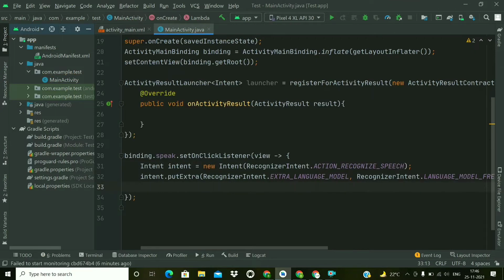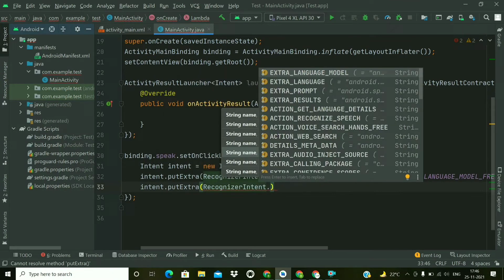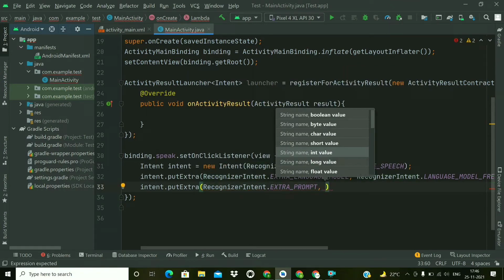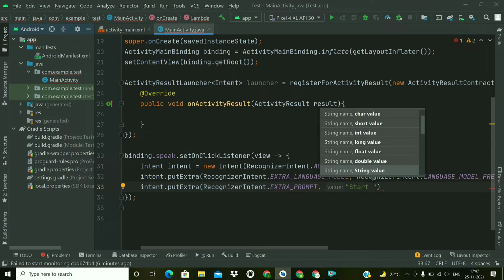Now we will add prompt text. So intent.putExtra RecognizerIntent.EXTRA_PROMPT, and we will give some text here to be displayed in the dialog. So start speaking.